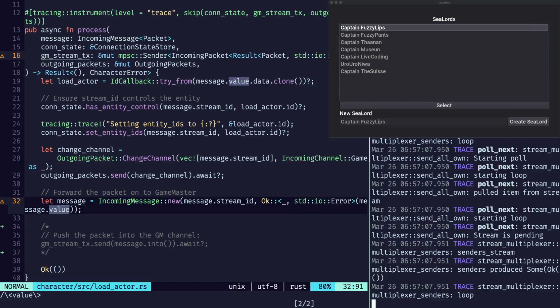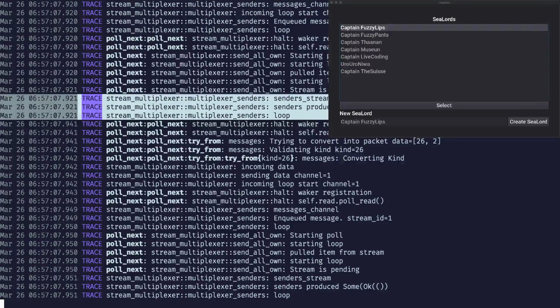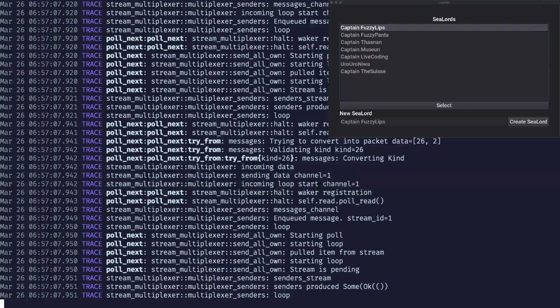Looks cool. Now notice that stream multiplexer isn't in the Jaeger stuff. That could be an issue. I don't think it is because I'm able to log in. If I choose Captain Fuzzy Lips,